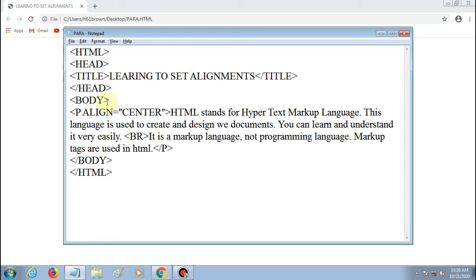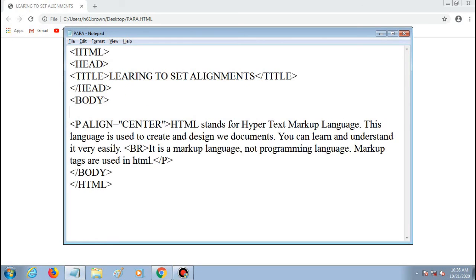after body tag I will use h1 tag. So h tag is used to give heading, and it starts from h1 and ends at h6.